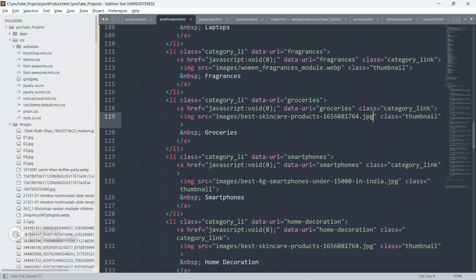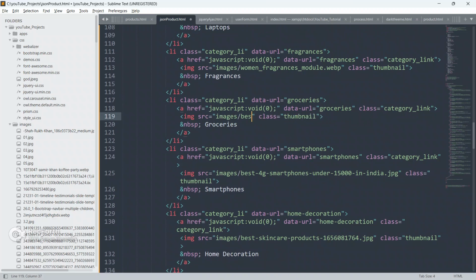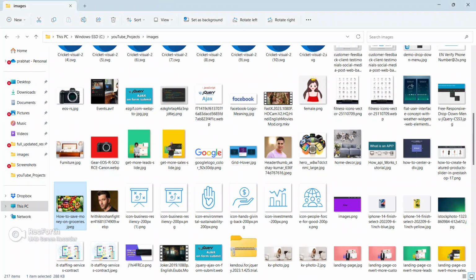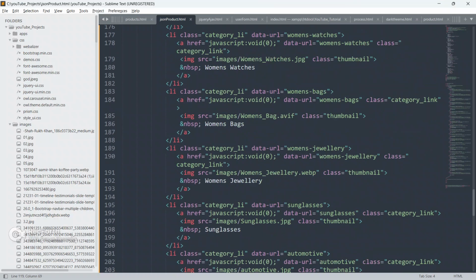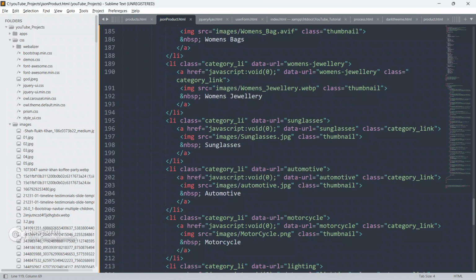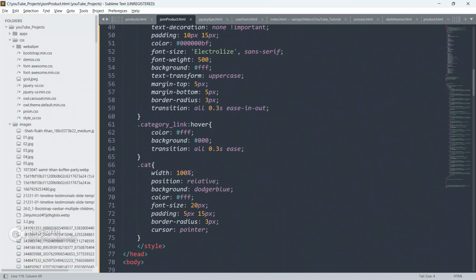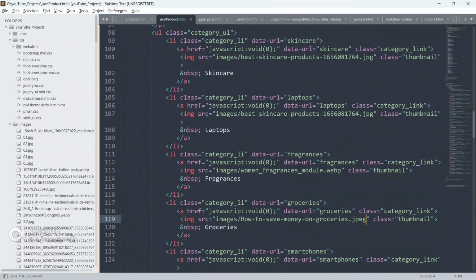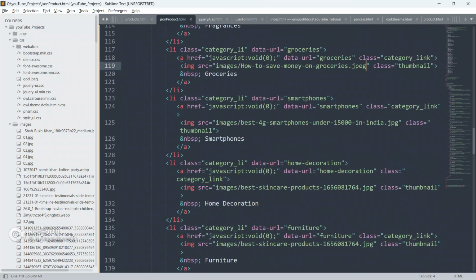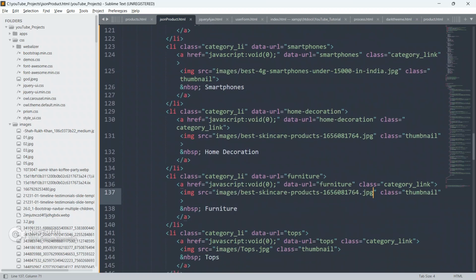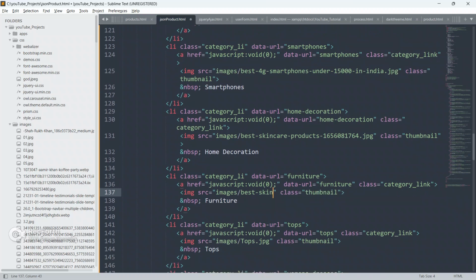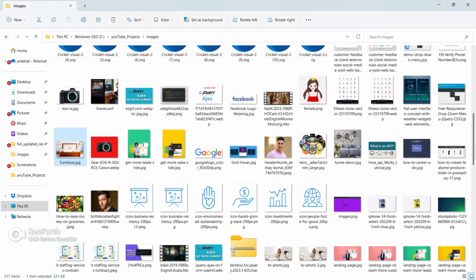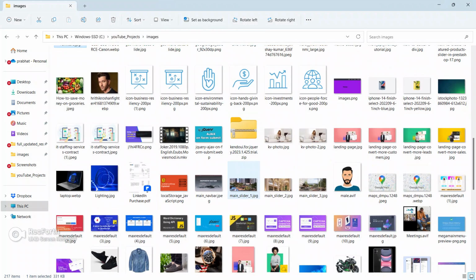Copy this image name, go to the groceries and replace the image name. And this is the furniture, guys. Just copy this name, go to the furniture and replace this. Replace this image in the furniture category.